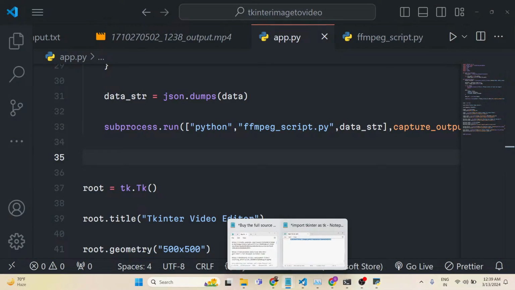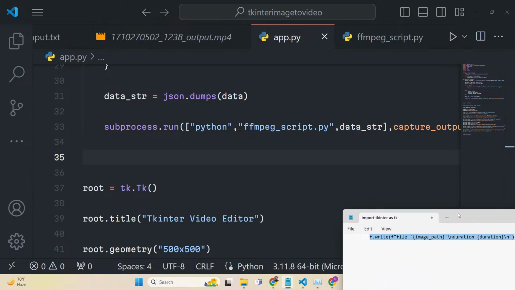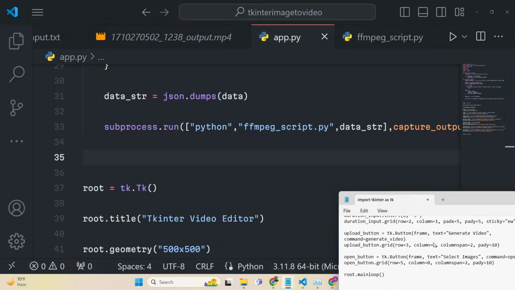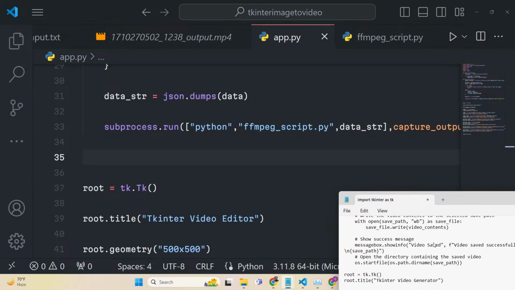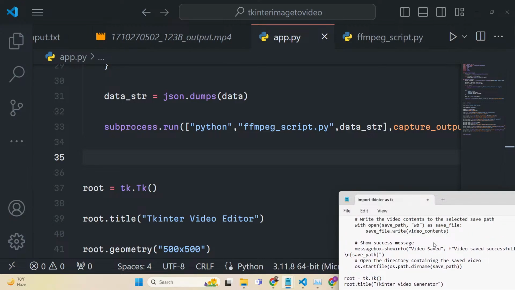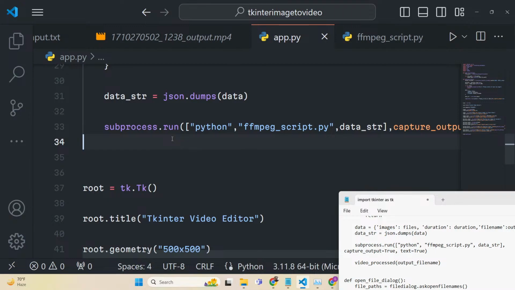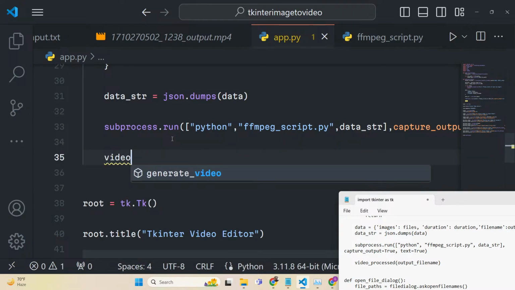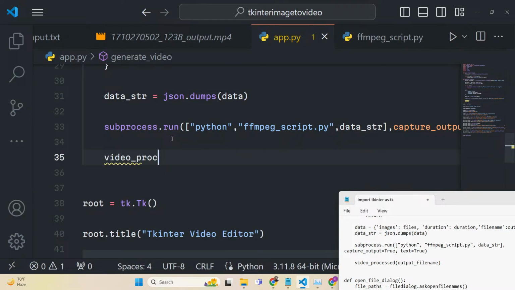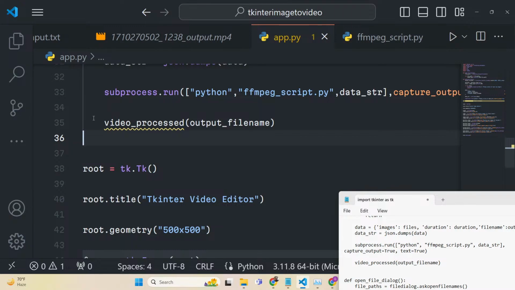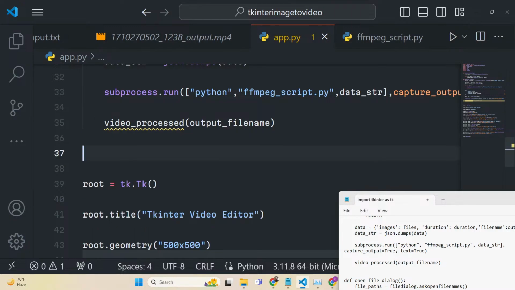We need to call a function after we do this. So inside this function, yes, we need to call this function right here, video processed. You can call this anything. I will make this function and pass the output file name as an argument. And now we just need to define this function, guys, which is